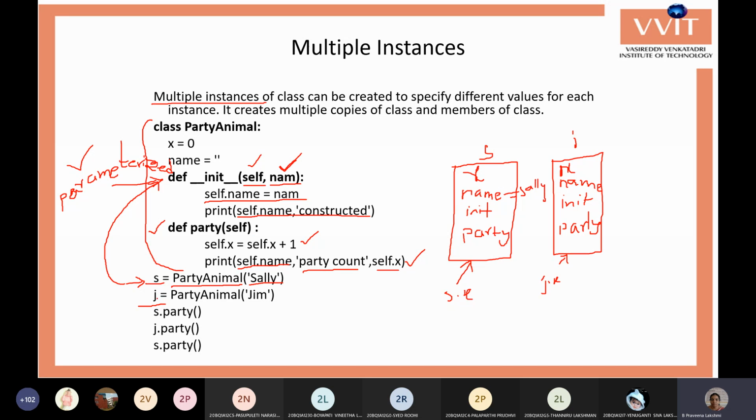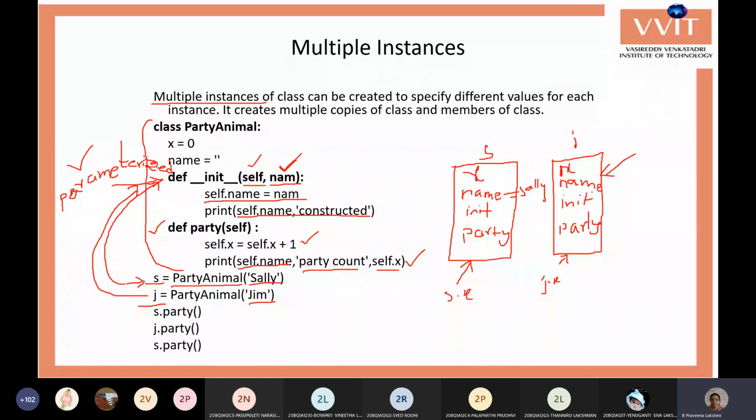Whenever it goes to the next line, it creates an object J, and again it calls a constructor, and for this constructor it sends the name Jim. So J calls the constructor of its own copy; within the J copy, the constructor is invoked.